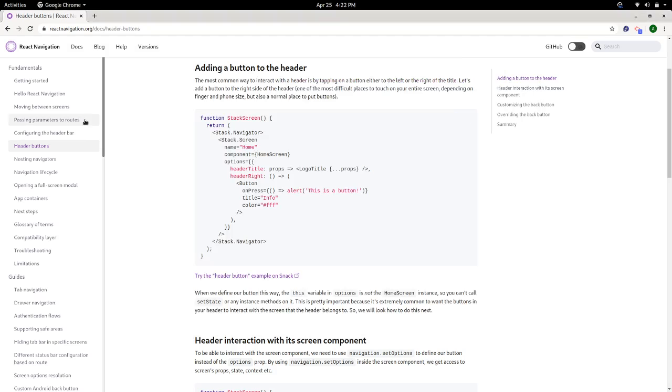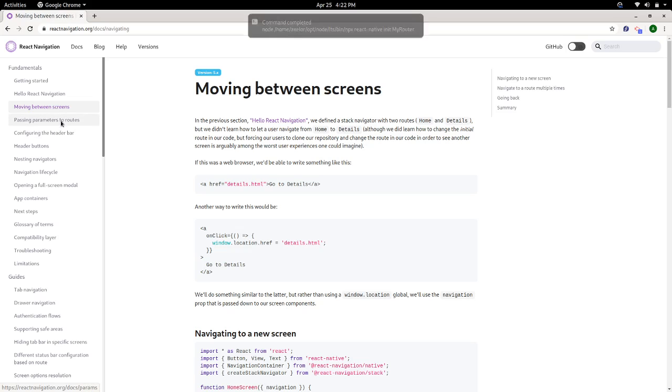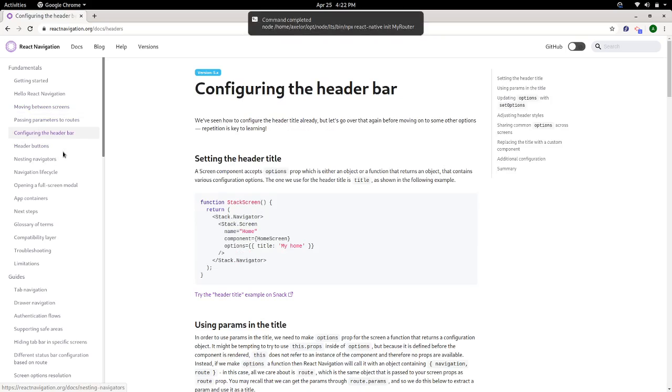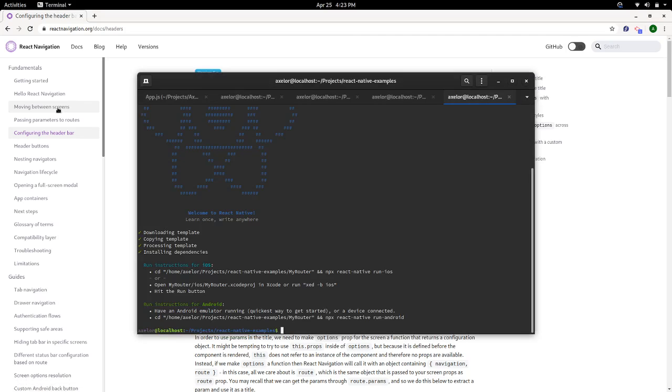There are other topics too: moving between screens, passing parameters to routes, header buttons, and configuring the header bar. These four things are very important to implement navigation in any React Native application. So here our application is installed.